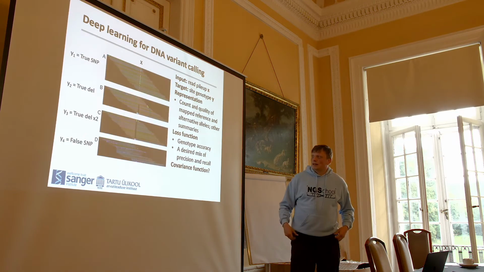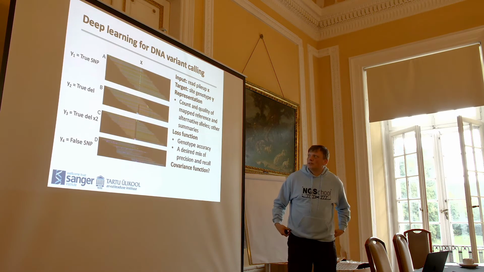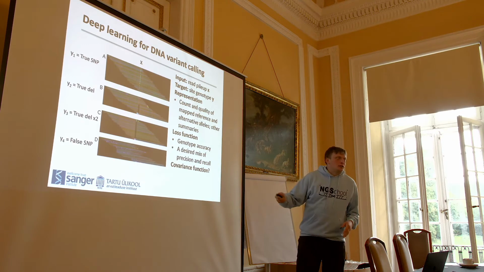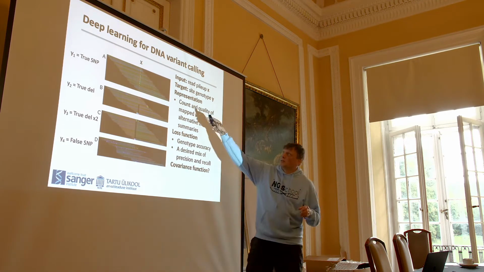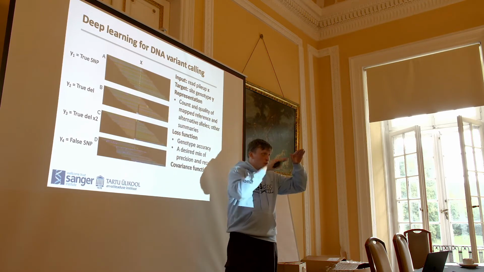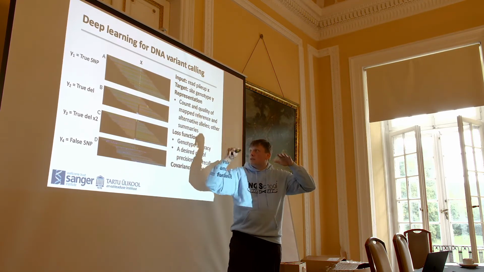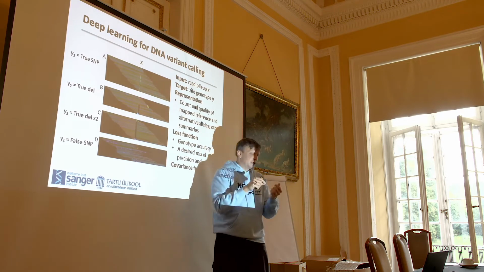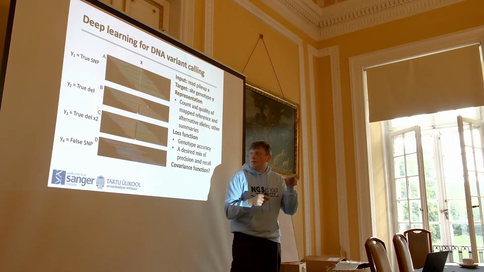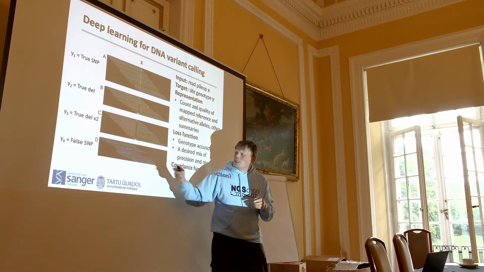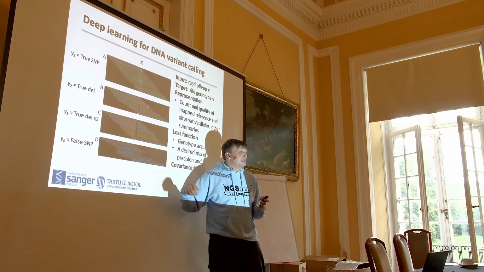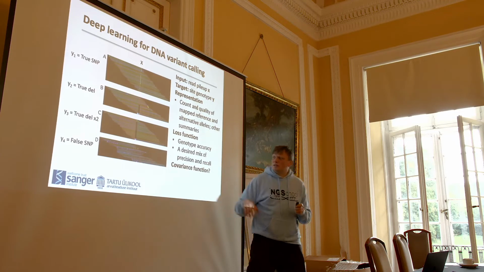And then people at Google looked at these pileups instead. It's like, well, when we actually evaluate whether we trust a SNP or not, we look at these pictures, and a true SNP would look like something like this. About 50% of the cases, one of the two copies of the gene will have a variant, others won't. A true deletion should look like this, where half of them have a deletion, half of them don't. A true deletion of both alleles should look like that, but if it's a false SNP, then there are lots of errors everywhere. Maybe that's a bad mapping, and it just looks quite different.